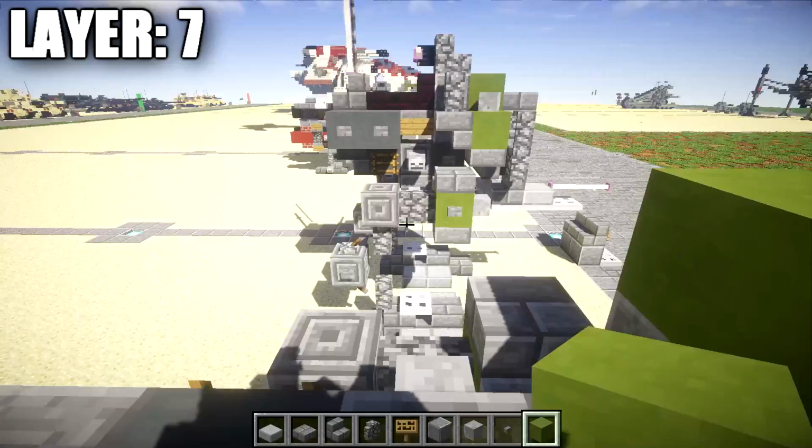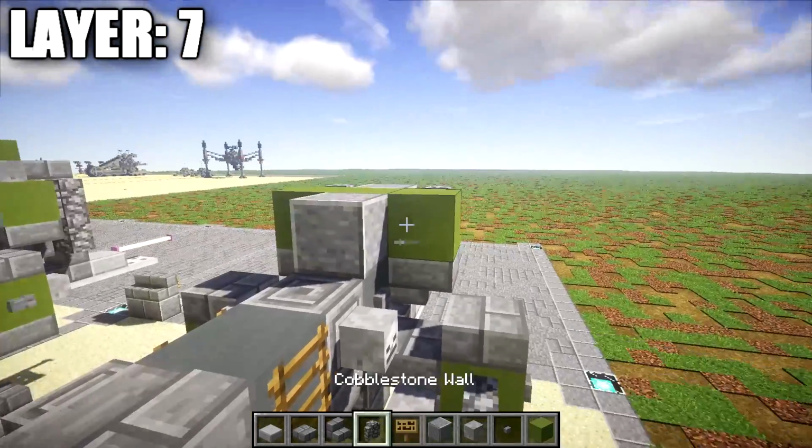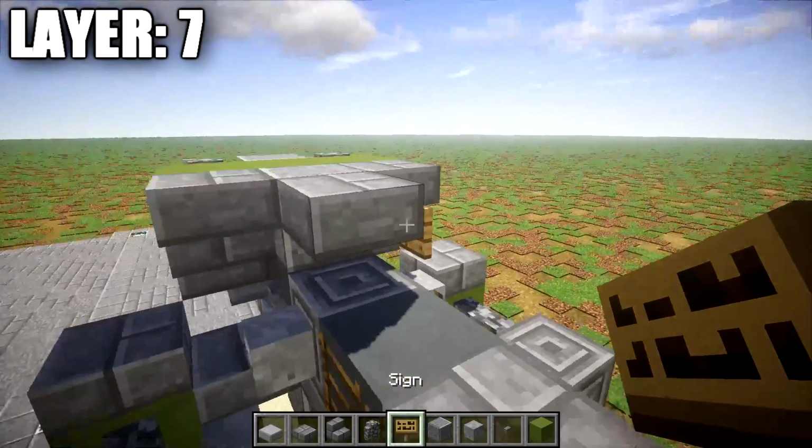With that complete, we then want to go ahead and place down a polished andesite block here, come off the center, lime green hardened stained clay block, followed by a stone brick upside down stair on both sides of it. We then want to place down a stone brick top slab with a sign on both sides of it,